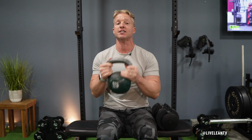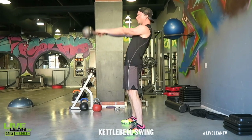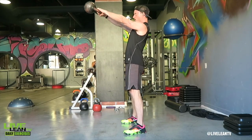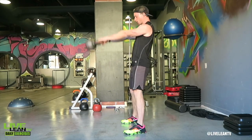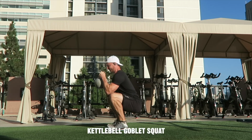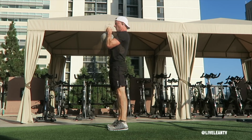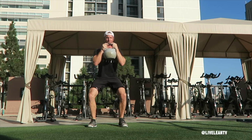5 best kettlebell exercises for weight loss. So the 5 best kettlebell exercises for weight loss are the kettlebell swing, a full body movement that targets the hips, glutes, and core, boosting calorie burn and cardiovascular fitness while strengthening muscles. The kettlebell goblet squat engages the legs, glutes, and core, improving lower body strength and stability, leading to higher calorie